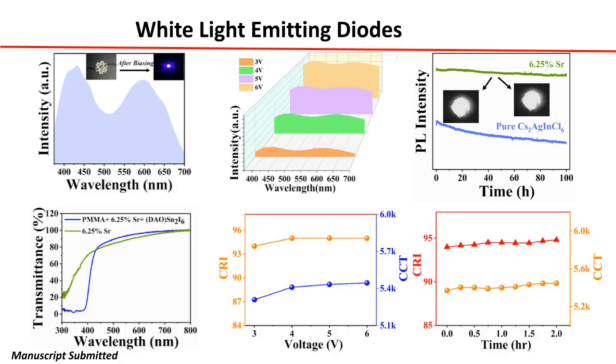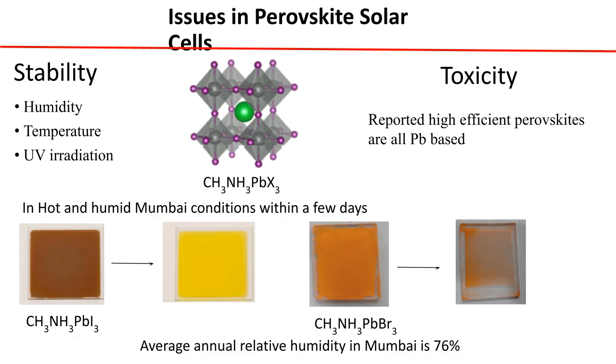We could also see the stability of this material: when we continuously run it, the color coordinates, the color rendering index, and the correlated color temperature don't change much when we keep running it for roughly 2 hours. So with this, I will quickly move on to the next application that I wanted to show,